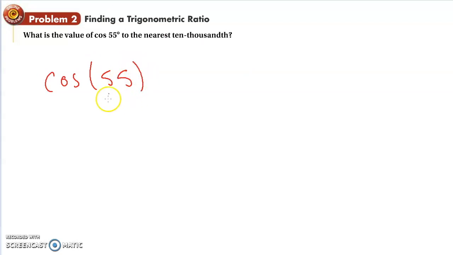Now, if you have a calculator that automatically, when you press the cosine button, has this, they want you to put the degrees in right after. How do I know it's supposed to be degrees? Well, they tell us degrees. So I just type this into my calculator, cosine 55, hit enter, and I get